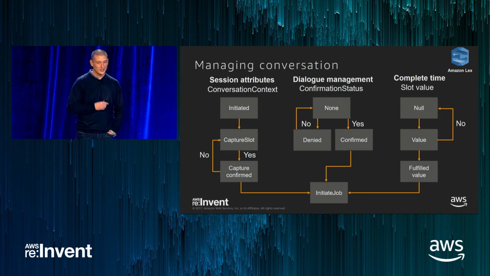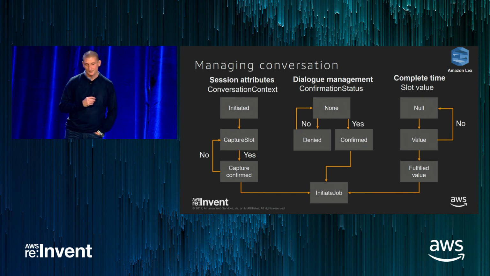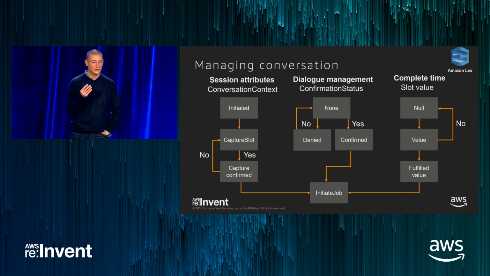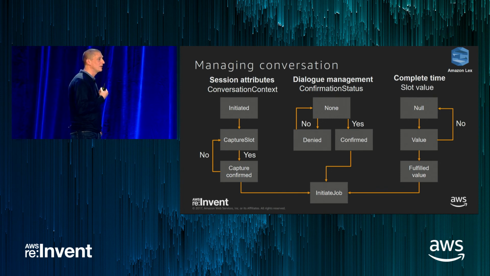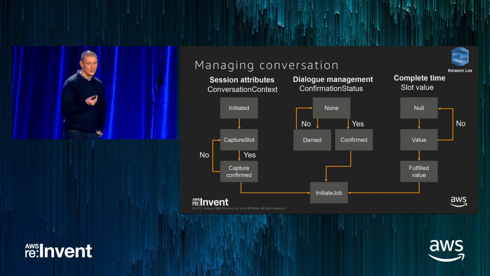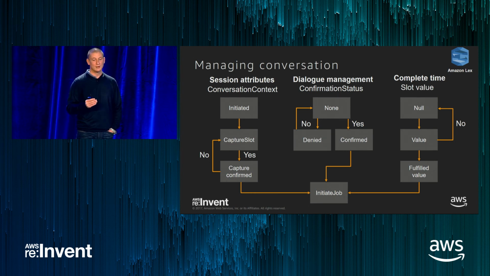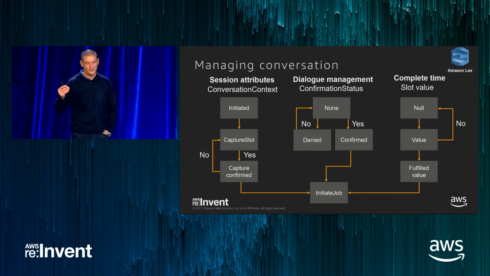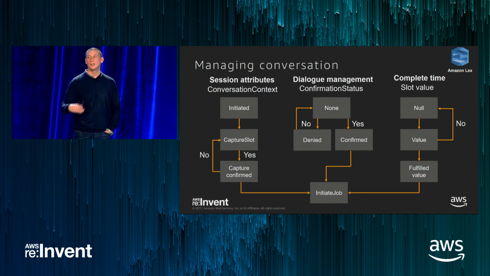Now, when you're managing conversation, there's 3 sets of states that you need to manage. You've got session attributes, which are initiated, and then capturing the slot information. Have you got confirmation that you've actually captured everything in the slot? You've got your dialogue management. Are you confirming, are you denying your interactions? And then you've actually got the slot values that you're capturing. Do you have a value? Has it been fulfilled? And only when you've managed the interaction of all of these states can you then initiate